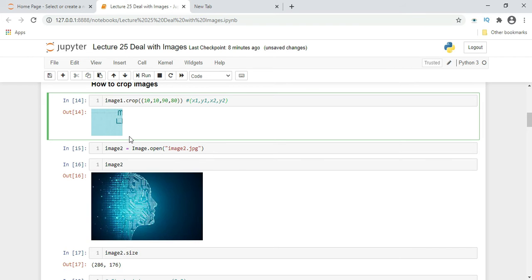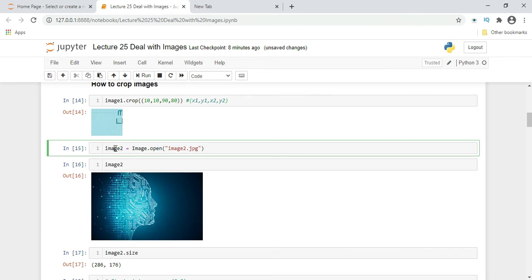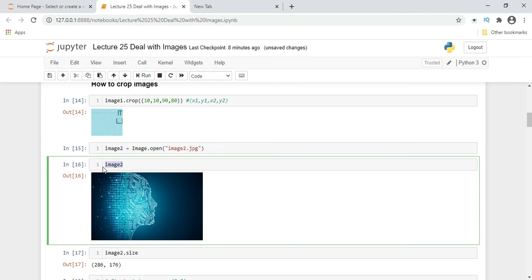Now we have another image, we are using the same command, image2 is our variable name which we took equal to Image.open function, and here our image is image2.jpg. We ran this command, stored the image into the image2 variable. Now we are executing that variable which has stored the image. So this is the image which got stored and it is getting displayed.